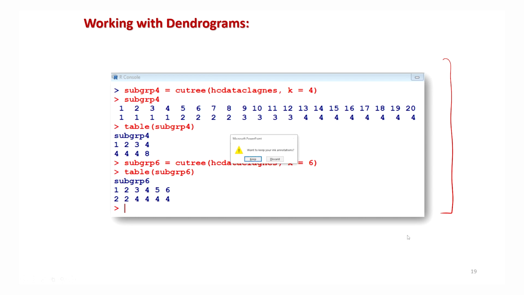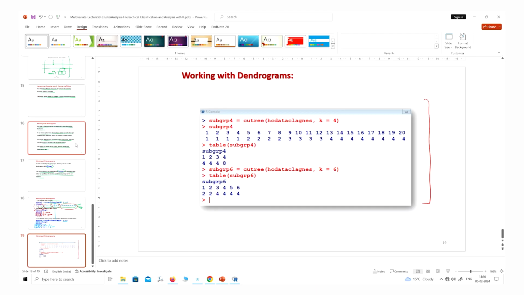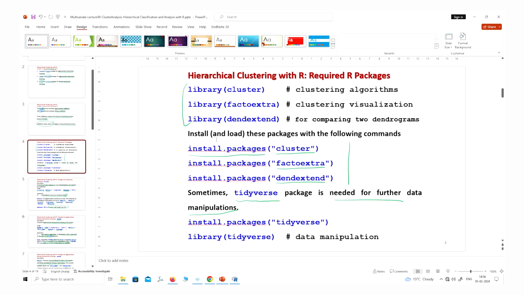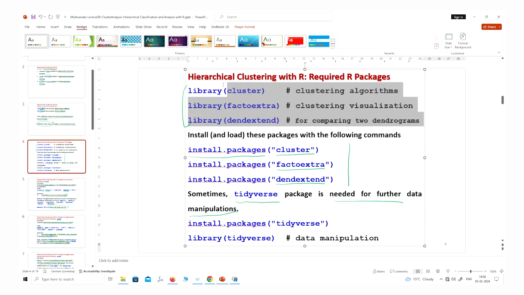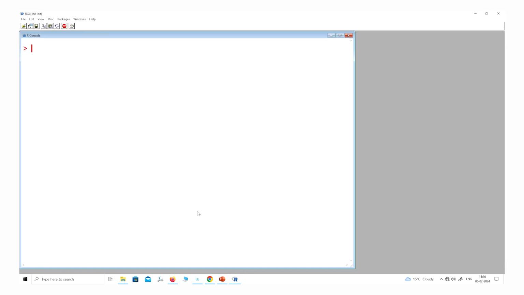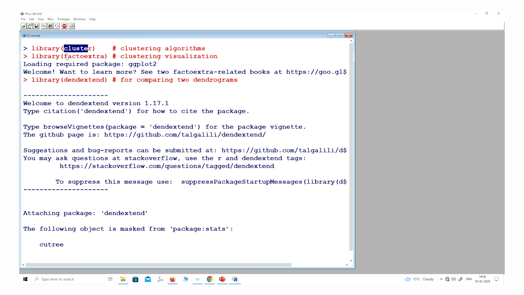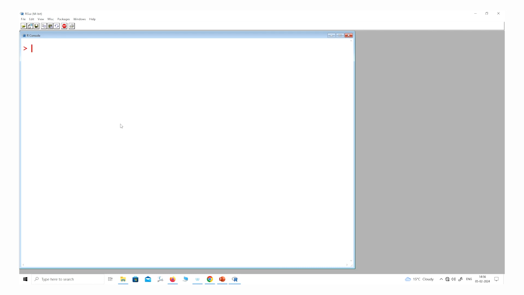So now let me show you this outcome in the R software so that you can be more confident. First let me upload these libraries. I already have them installed. You can see library cluster, factoextra, and extend, which I have loaded.